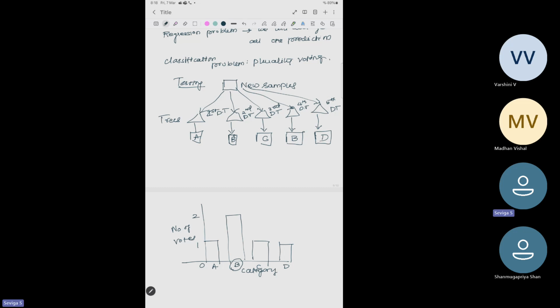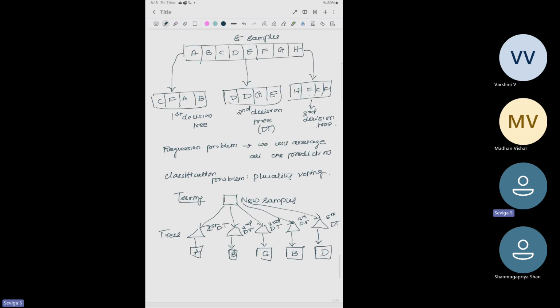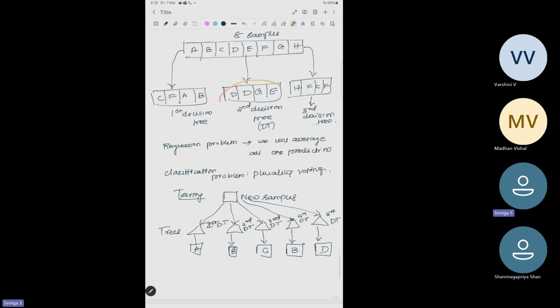So if you look at here, we need to come up with 2 parameters. So what are the 2 parameters which we need to fix? One is the,